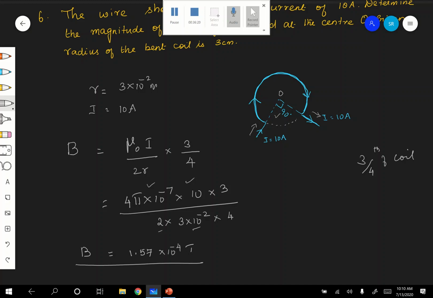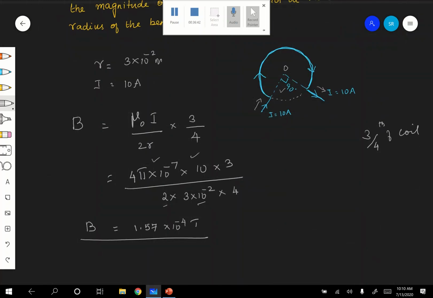But what is the direction of the current? Use your right hand rule. Curvature should be in the direction of the current in the coil. Therefore, the curvature is clockwise direction. Therefore, your thumb will be perpendicular to the plane of the coil and directed inwards, downward. Correct? Because here the direction of current is given, whether it is asked or not, you have to give the direction. If the direction of current is not given, then there is no need. Only stop with magnitude.